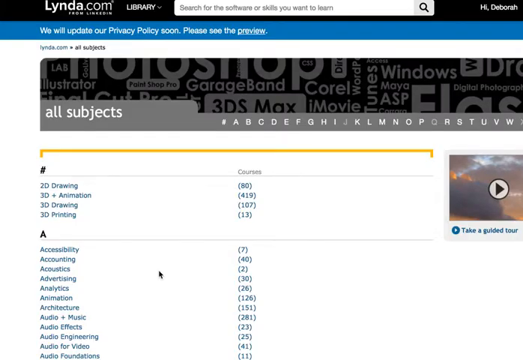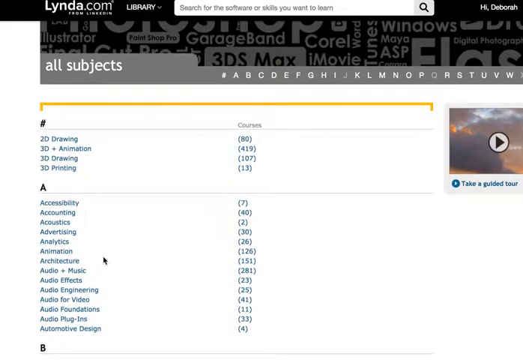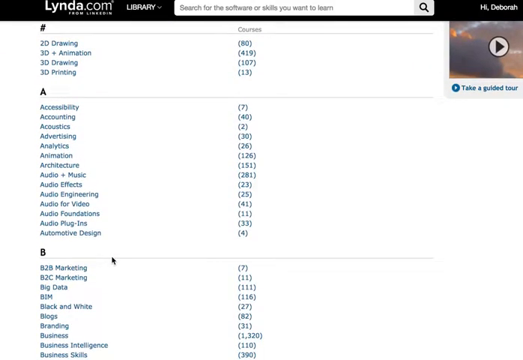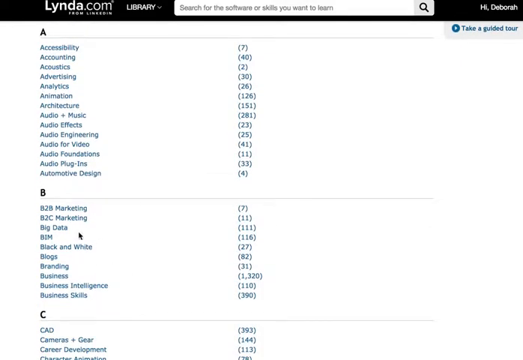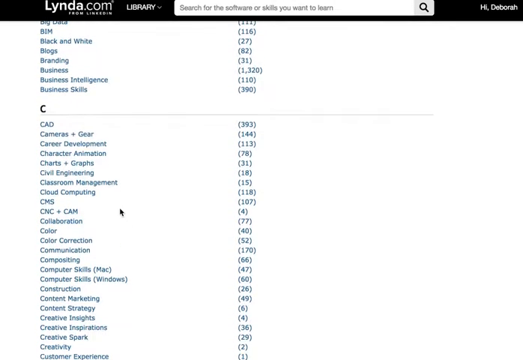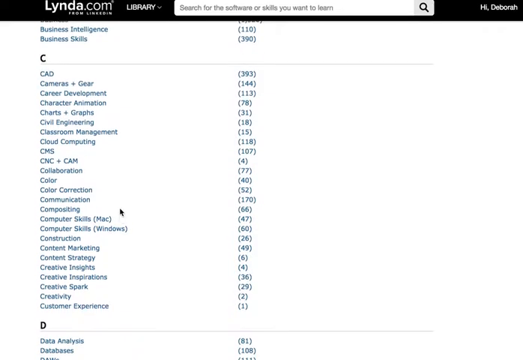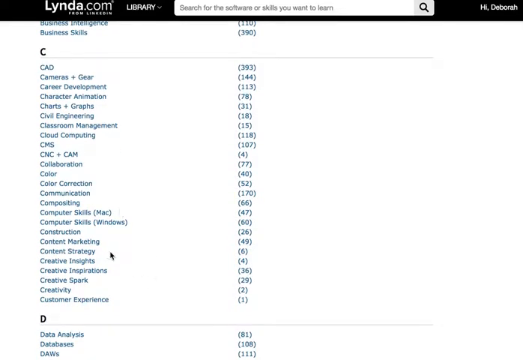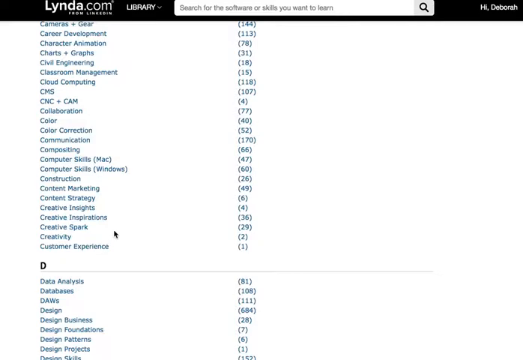Another thing I like to do is if you just look at it by subjects, you can kind of look through because they have a lot of other stuff that you might really want for your job, marketing, data. They have a lot of stuff on C, programming, C++, all different kinds of stuff, and what I really like about Lynda too, I love these creative inspirations and creative spark. And again, you can see 36. And the cool thing about these is they're like